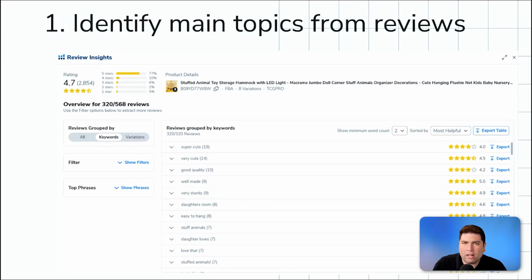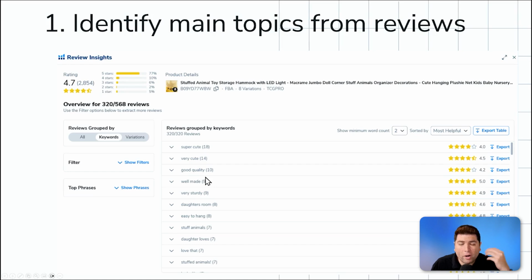Here's another product that I was doing a test run of, a toy storage hammock, and I can see there's different things that came up, like daughter's room, that was the top one. I didn't see anything about a son's room or boy's room or something. So how would this affect how I attack my listing? Well, you might want to put this in your daughter's room or something in my copy